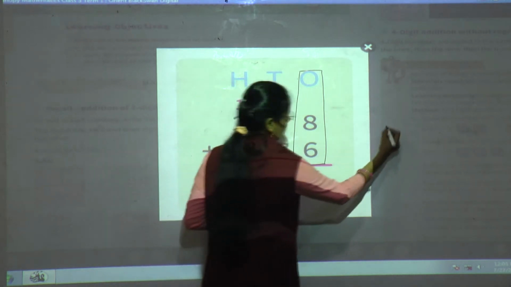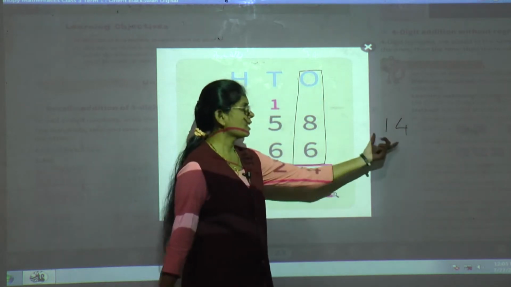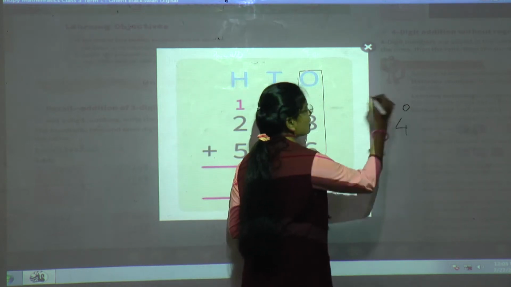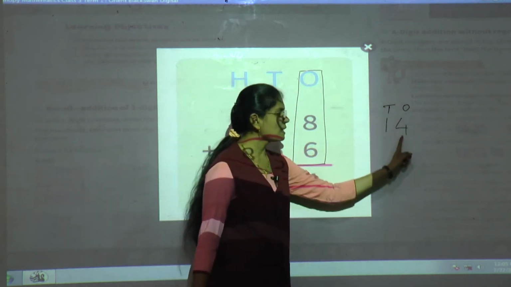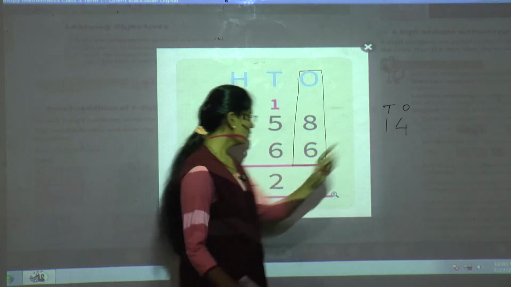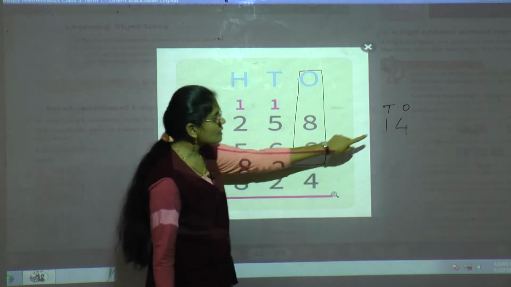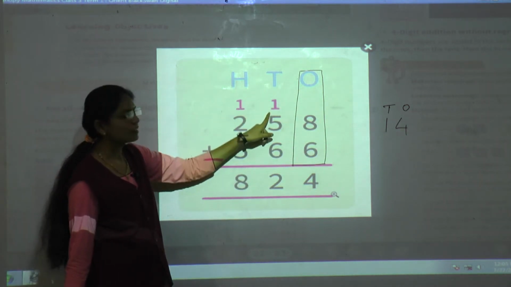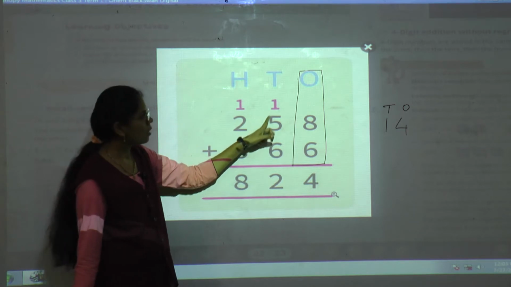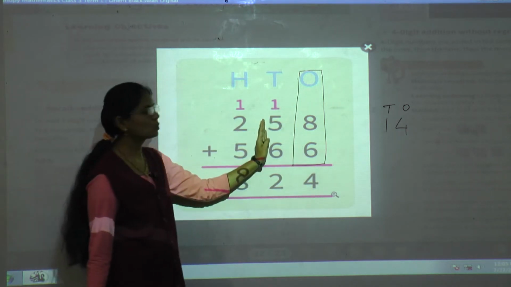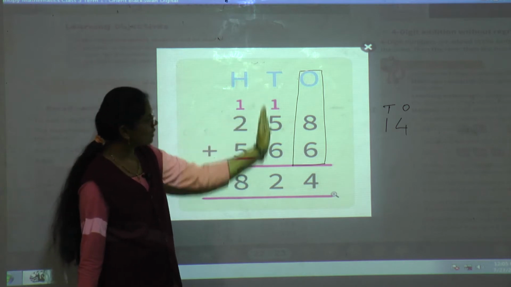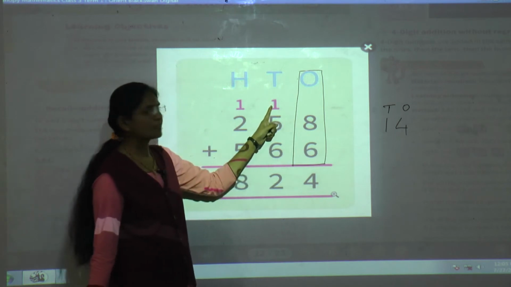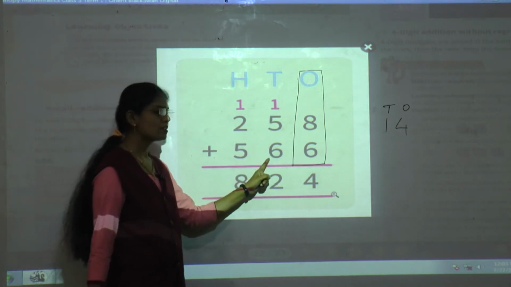Now see the 14 number. Now 14, this is a 2-digit number. This is ones place and this is tens place. Now at ones place 4 is there, isn't it? So we will write here 4, and this one we will give carry as a carry at tens place. Okay, now after ones place we will move to the tens place. Now in the tens place here 3 numbers are there. Now this is a carry 1, then 5 and 6.